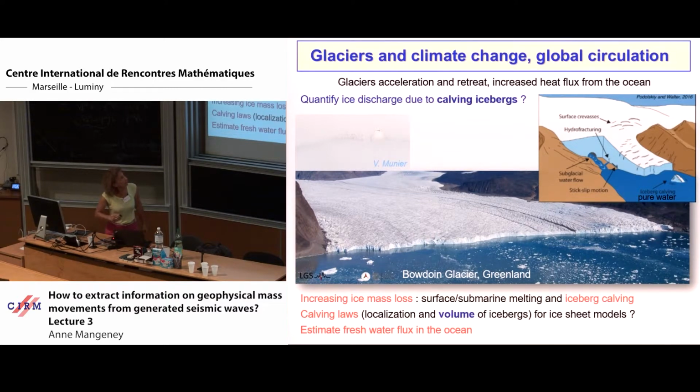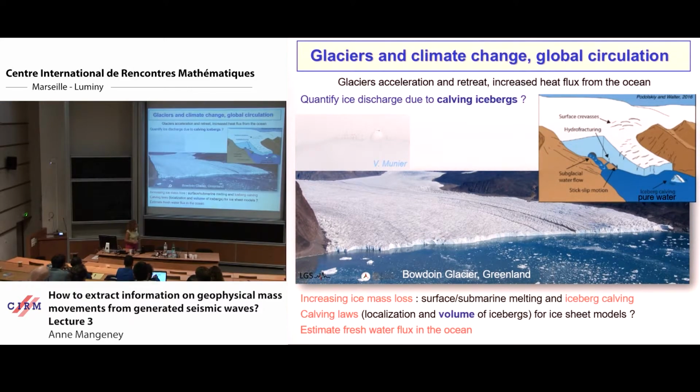And there are a lot of things that generate seismicity. For example, crevassing, fractures in the ice, generate high-frequency signals. Iceberg calving, you will see, generates very big signals. Also, the friction between the glacier and the bedrock can generate seismic signals, and so on. And so we will focus here on iceberg calving, and I show you one example of the Baudouin Glacier,